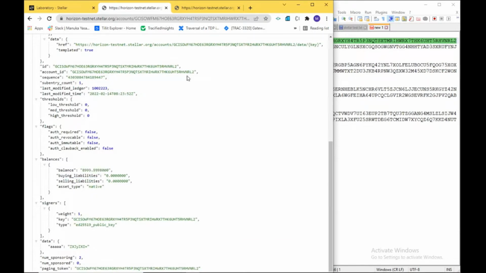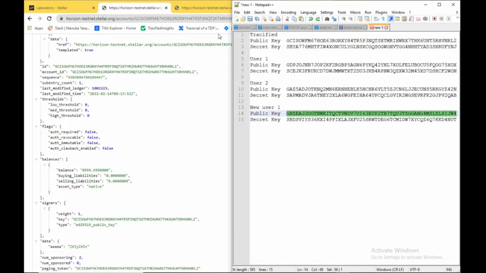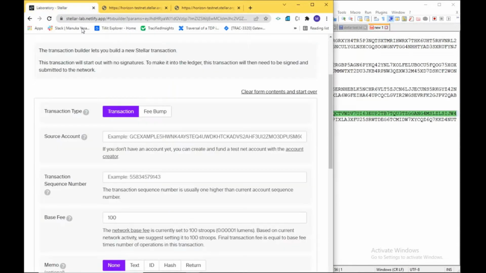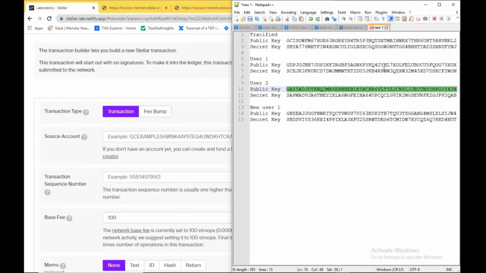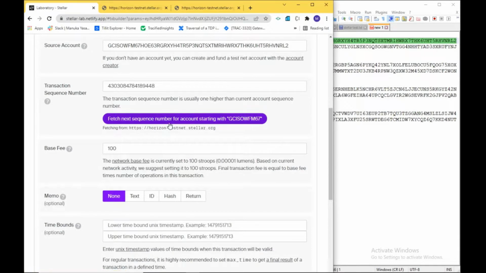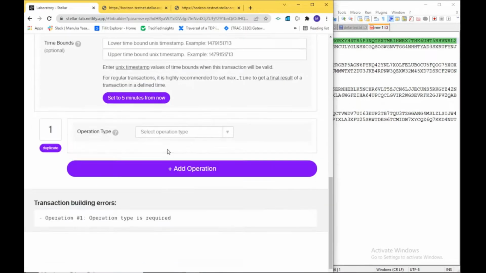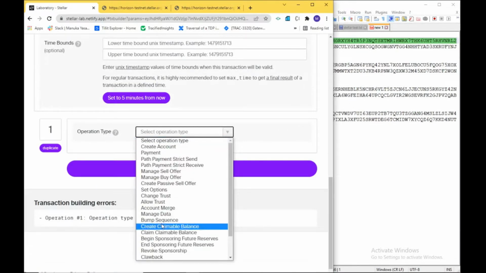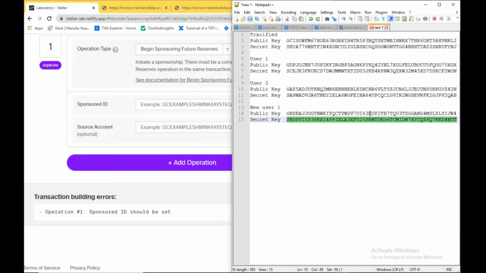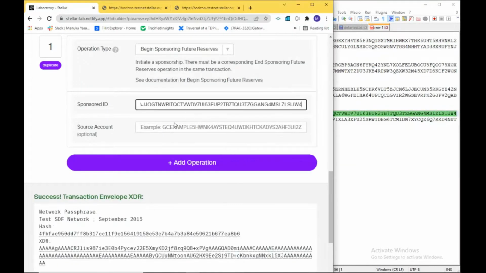new user account which is not yet even created. So this account is not yet created, so I will sponsor this account using our main account. For that, I'll create the transaction, making the specified account the source account, and I will begin to sponsor future reserves, and I will set the sponsoring ID. Sponsoring ID is the account that we are going to sponsor, and the next operation is going to be